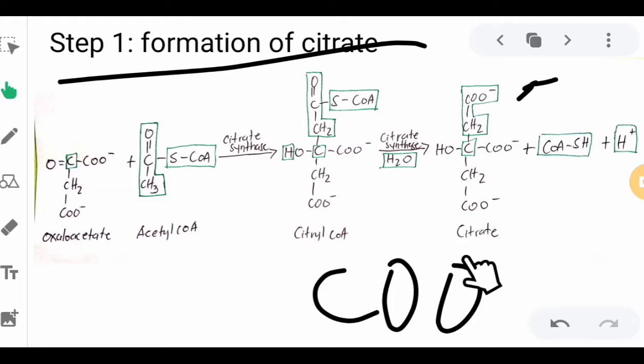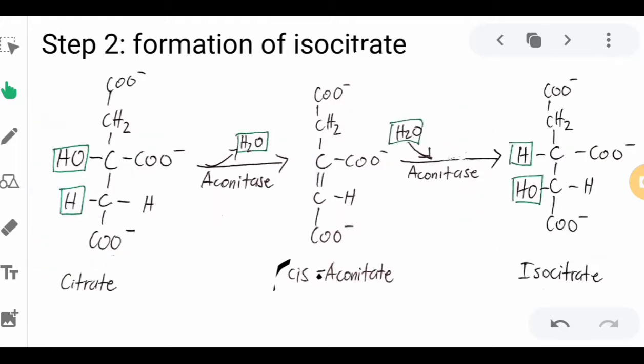So now, as the products, we have the citrate and the coenzyme sulfhydryl plus the hydrogen ion. But the main product of step 1 is the formation of citrate. And then next we have step 2, formation of isocitrate. So the enzyme responsible for this, we have here the citrate from the first step. So the enzyme responsible is the aconitase, and aconitase